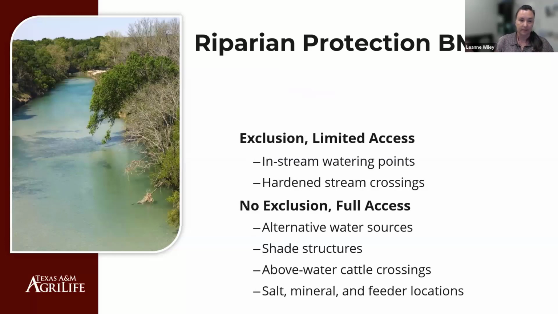Fencing is very expensive. And so if you're not able to completely exclude animals from an area, you can try doing a couple other things to just discourage or even encourage them to just be away from that wetland or stream creek area. And so a couple things that I have listed here, I won't go into detail, is just having more in-stream watering points, meaning you do have a little bit of fencing or you have a specific area that the cattle can get to the water, get their drink, but it's not full access to the water, because that's why they're down there, is they're wanting to get water and shade.